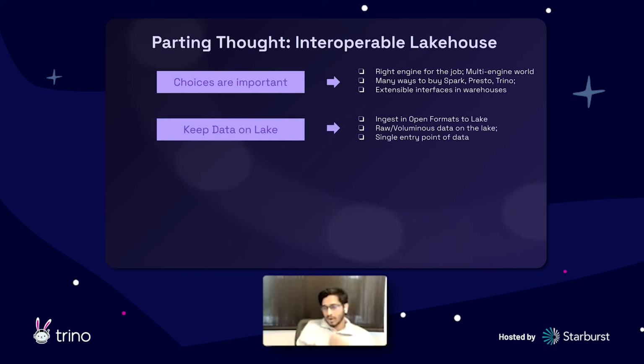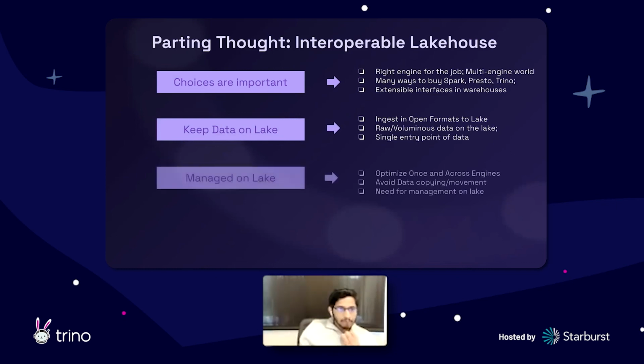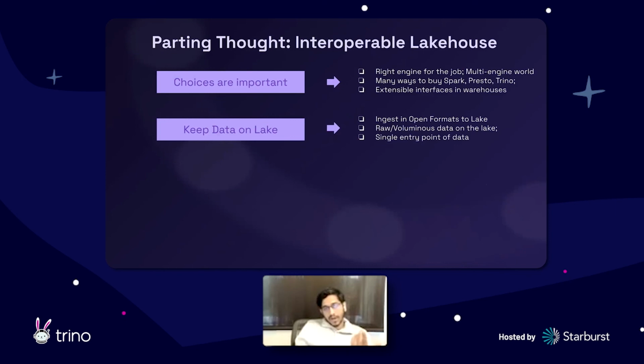And this raw ingest data is usually the most voluminous, right? So it has the most ROI for you to keep it on the lake, and then ETL, and then send a smaller, more aggregated, rolled up version of the data into warehouses if you want. And the other thing, the final point, is it creates a single point of entry, right? In the last slide, as you see, data enters a system at different speeds through different systems that you have to reconcile. This creates a single point of entry, which means any data quality errors, any mistakes, your teams can root cause back to this single entry point.